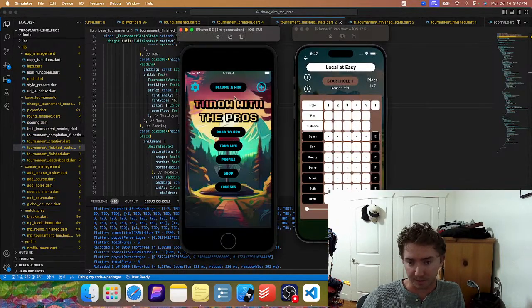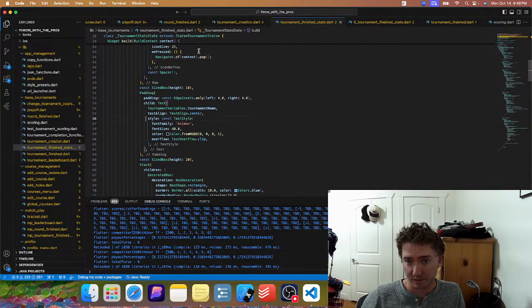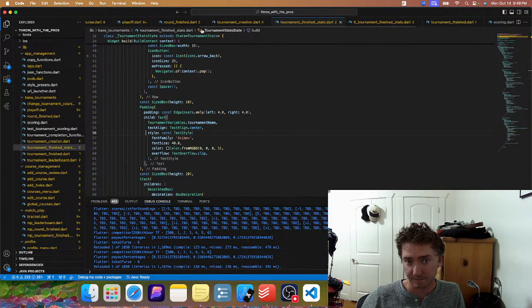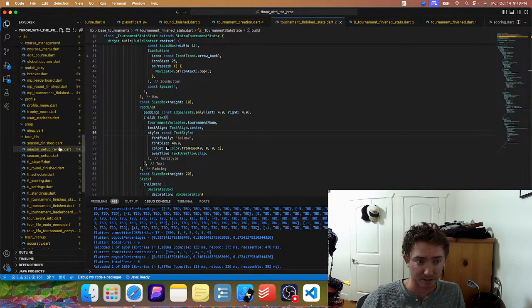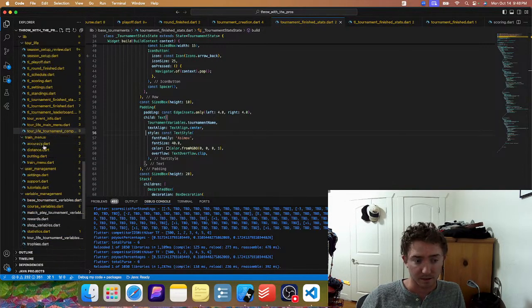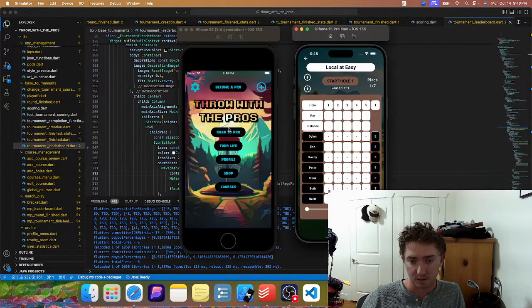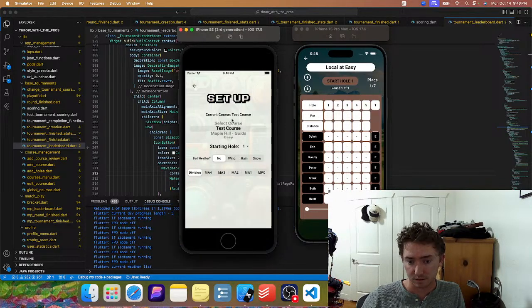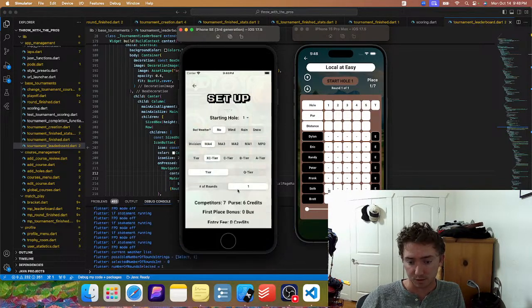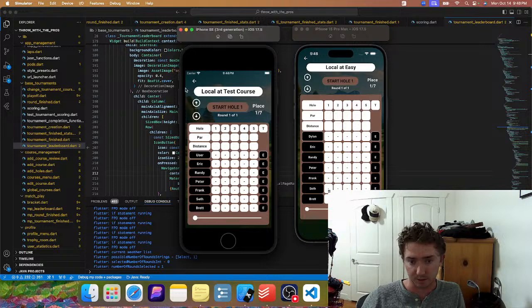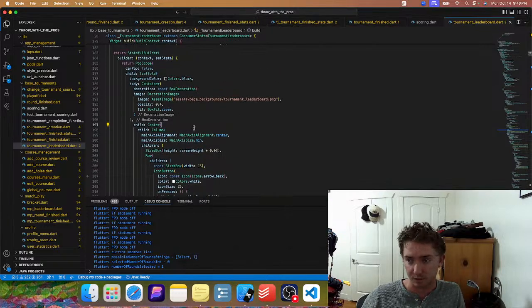And then I'm going to have to come up with a different solution for this back button. I'm thinking maybe I just throw it next to the title. That's certainly an option. That might be the only option that I have, actually, at least for right now. Let's look at that. So let's come here, go to test course, we'll get that screen up, and then I want to throw this back button next to it. So on the leaderboard,